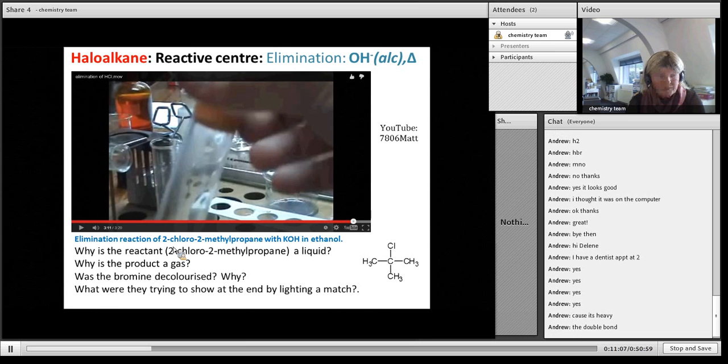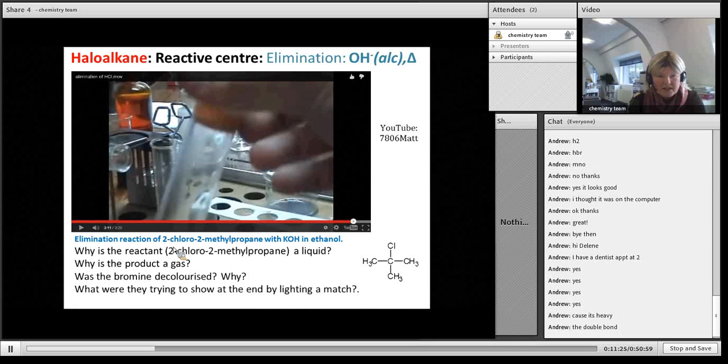Okay, the double bond. It's one way of testing a carbon-carbon double bond. As I said, bromine will react with anything, but slowly. But with an alkene, it's very quick. And then the final thing, by lighting the match, I did say it went out very quickly, but it burnt,